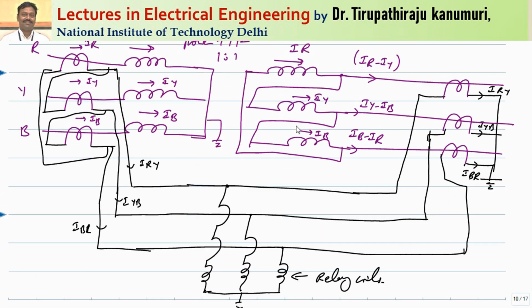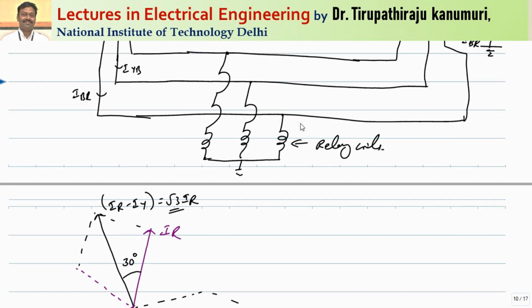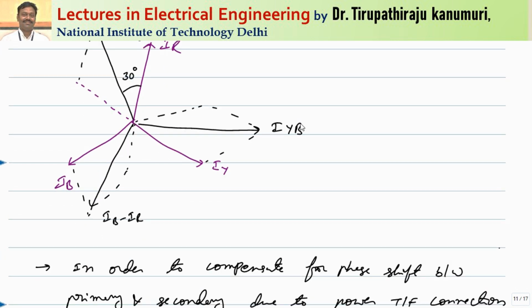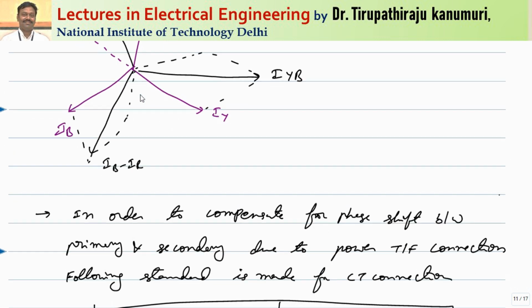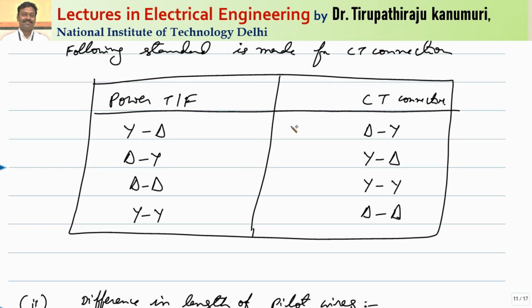So after that, we have seen that there will be a phase shift between the primary and the secondary because of star to delta connections. So we cannot configure the CT connections randomly. That means on both sides we cannot maintain the same type of configuration. So in order to avoid this phase shift, if your transformer is connected in star-delta, then your CT will be connected in delta-star. If it is a delta-star configuration, then it will be connected in star-delta. As a thumb rule, if the delta connection is there on any one side of the winding, then the CTs will be connected in star. If the transformer is connected in star, then the CT will be connected in delta. Accordingly, we can configure it.